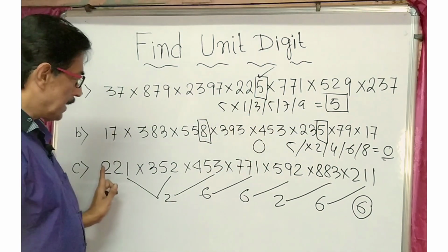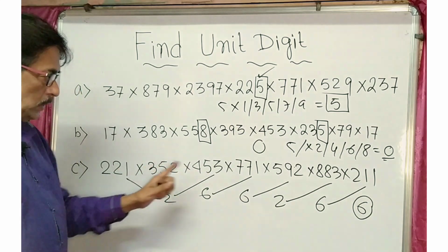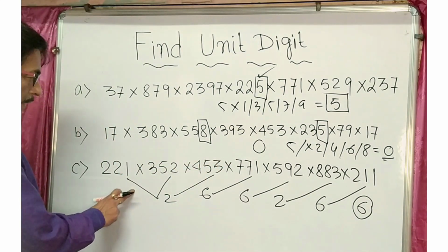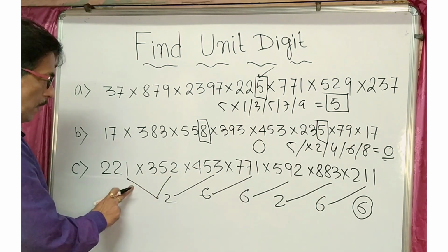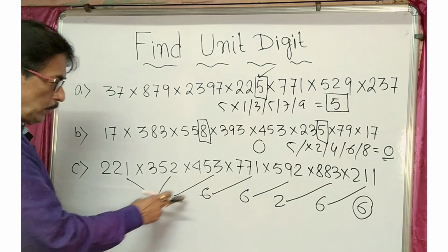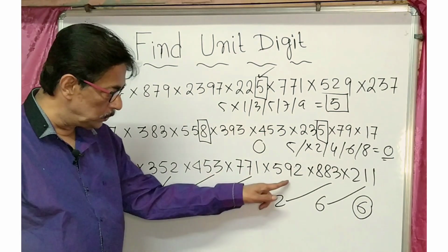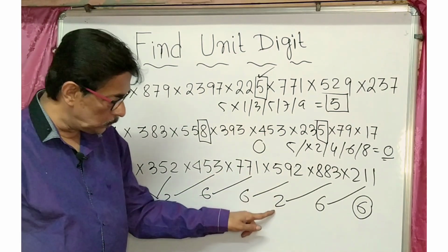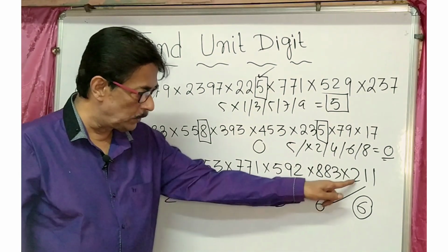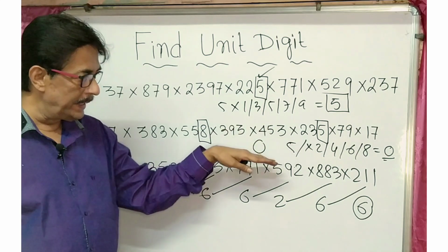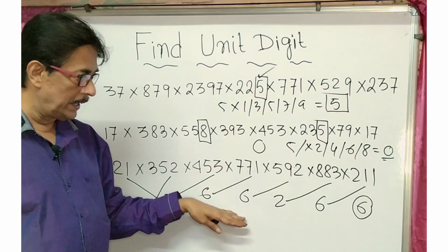Third result, on the right side of each number, we cannot see any 5. So you have to multiply continuously. 1 into 2, unit digit multiplication. 1 into 2, the result is 2. 2 into 3, result is 6. 6 into 1, result is 6. 6 into 2, result is 2, from 12. So 2 into 3, result is 6. And 6 into 1, result is 6. So first case, your right hand digit is 5. Second case, your right hand digit is 0. Third case, your right hand digit is 6.